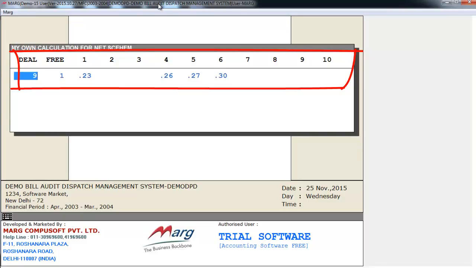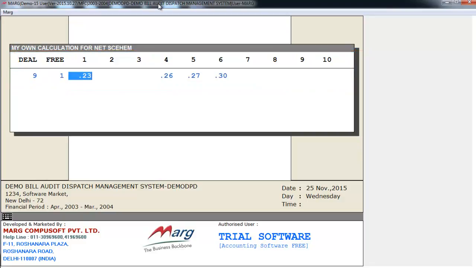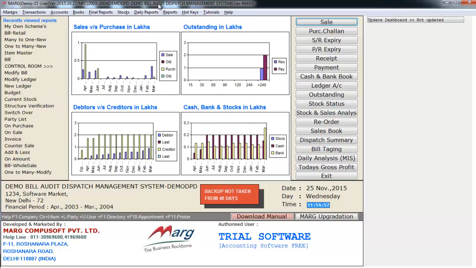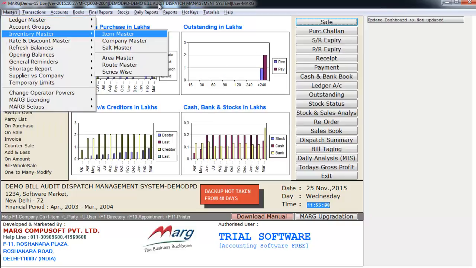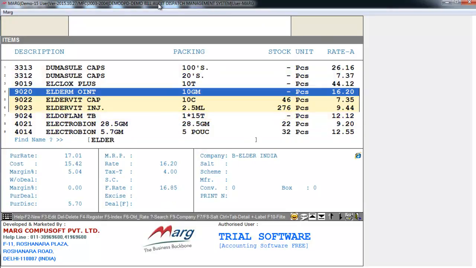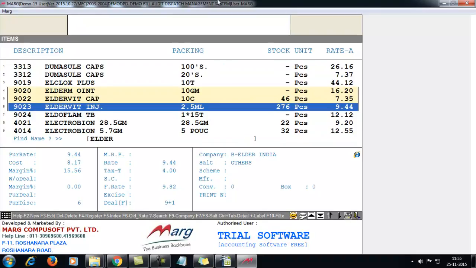Now we'll save this by pressing the tab key and enter on yes. Now we'll go on Masters, Inventory Master, and enter on Item Master. Suppose we want that the scheme of 9+1 is loaded on elder wheat injection item. So you will press enter on it